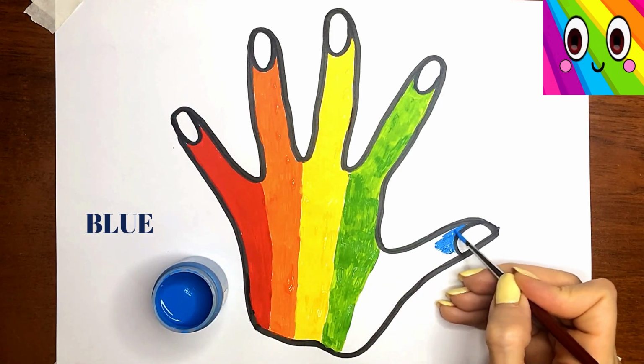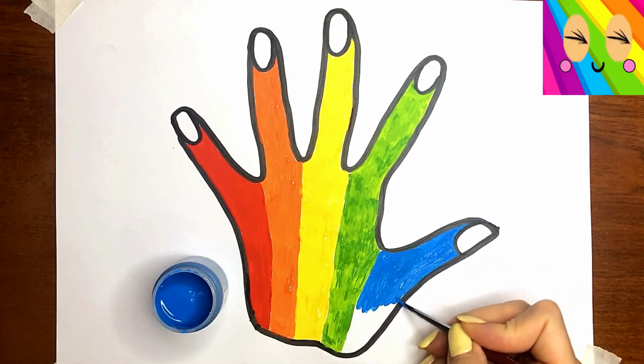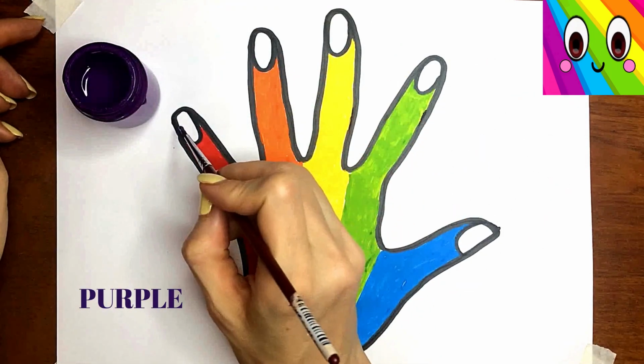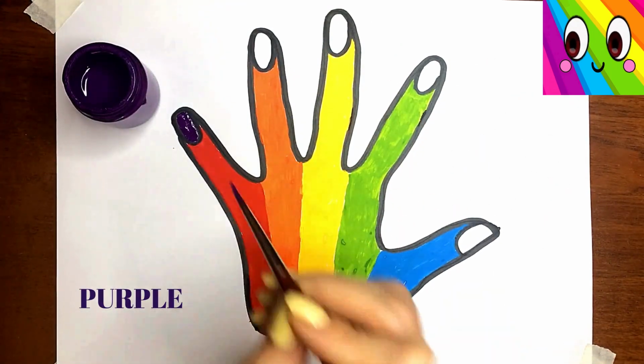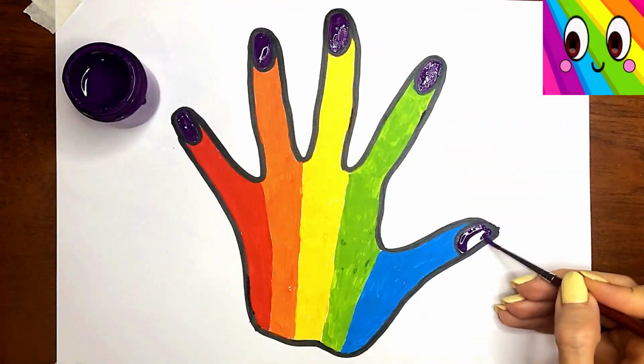The itsy bitsy spider went up the water spout. Down came the rain and washed the spider out. Out came the sun and dried up all the rain. And the itsy bitsy spider